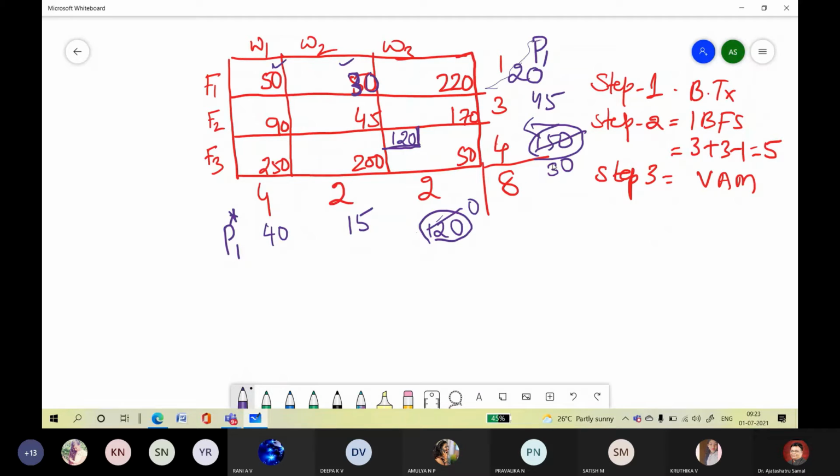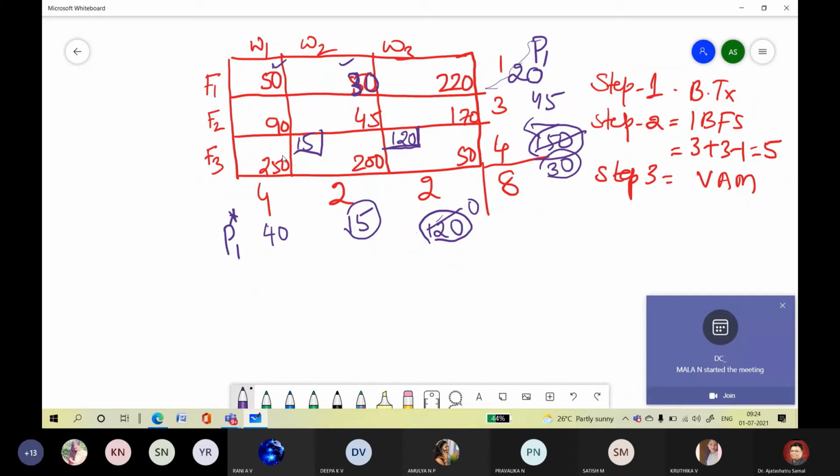Now I told you this will continue till that particular row is dead, that particular penalty cell should be dead. So now next one is 200. Here is 30 and here is 15, so 15 will come here. Understanding? 15 will come here. So what is the value? Tell me, anybody. Not 15. Have I made a mistake? Yes, sir, you have made a mistake, correct?